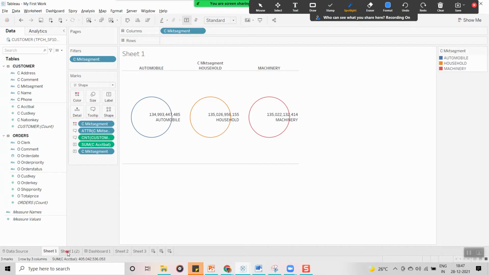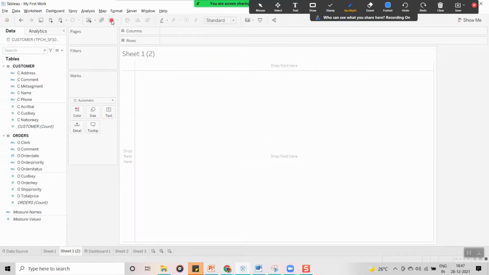If you want to delete, sorry, you can clear the sheet. Once you click on clear sheet, it is going to be blank, meaning whatever fields you have kept in the row shelf, column shelf, filter shelf, whatever it is, it is going to give you a fresh sheet, removing all the data from your worksheet.